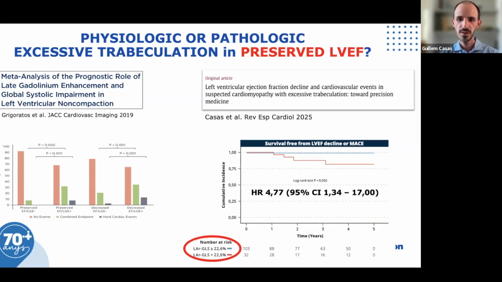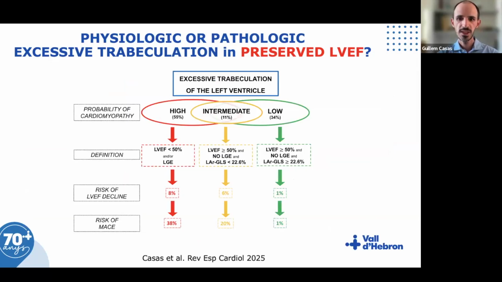So patients with preserved ejection fraction and no late gadolinium enhancement, but with an abnormal left atrial strain, were at an intermediate risk of events, suggesting they probably had a subclinical cardiomyopathy and not a physiologic form of excessive trabeculation. So we proposed a slightly modified